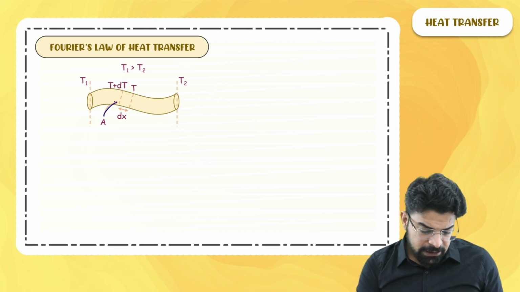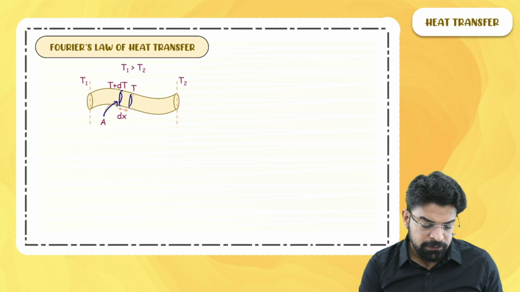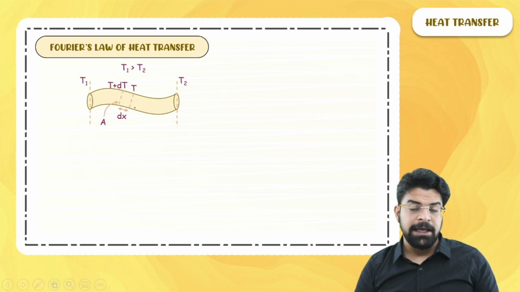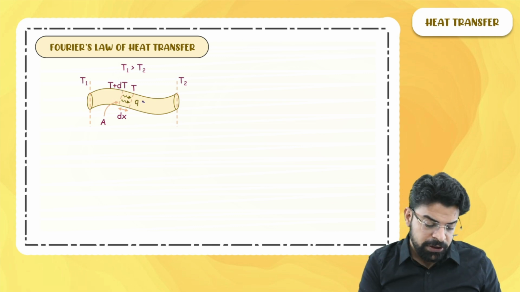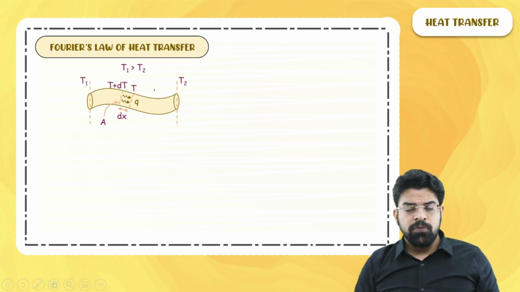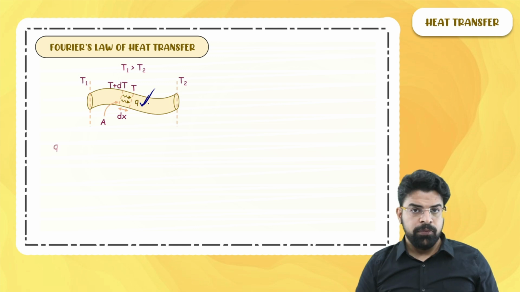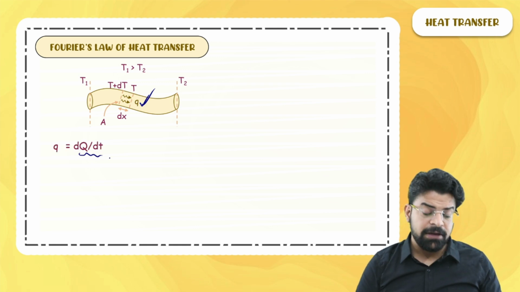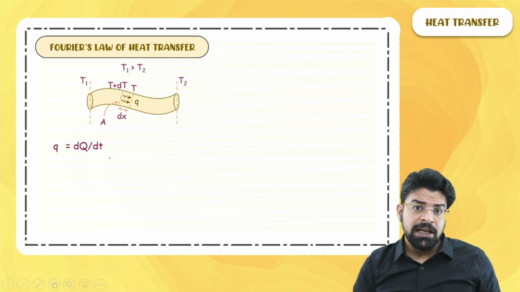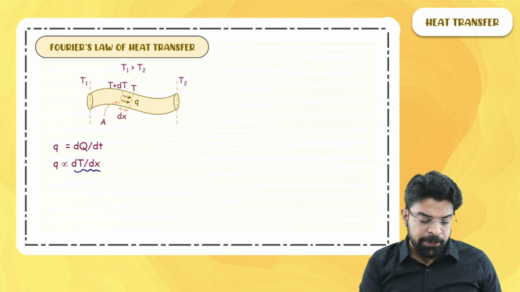Let's say the area of cross section where this heat flows is A, and the heat flow amount is Q. So Fourier's law of heat transfer tells us that the rate of heat flow, dQ by dt,